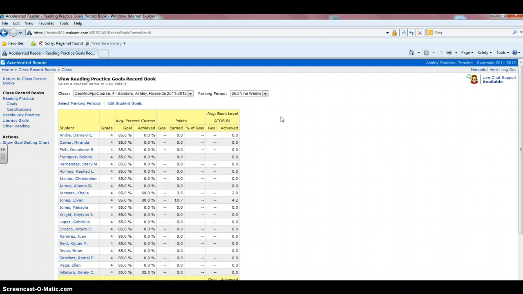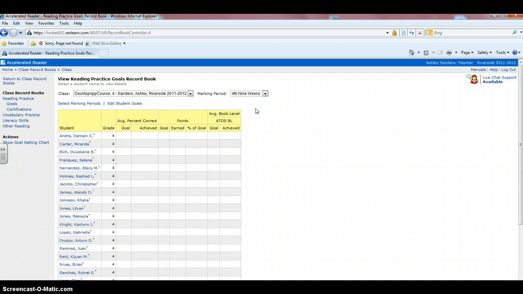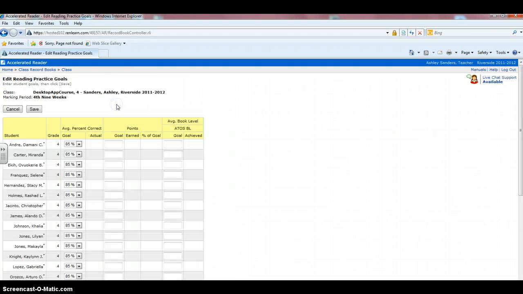Now you will notice that the goal has already been set for these students, but that is because we are still in the second 9-week grading period. If we click the drop-down menu and select the fourth 9 weeks, here you will notice that the goal has not been set for students. So in order to set the goal for students, you can click on the Edit Student Goal tab,